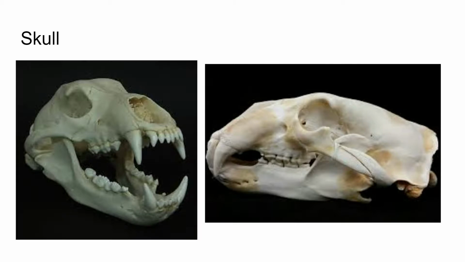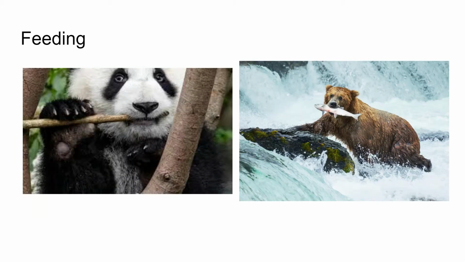They spend most of their time eating, bears do, because they're so large. They have to be able to maintain homeostasis. It's a lot more caloric need. Pandas feed exclusively on bamboo and eat up to 15 hours a day, whereas more flesh-eating bears don't need to do that, but they still spend quite a bit of their time eating and will literally eat just about anything they can find.